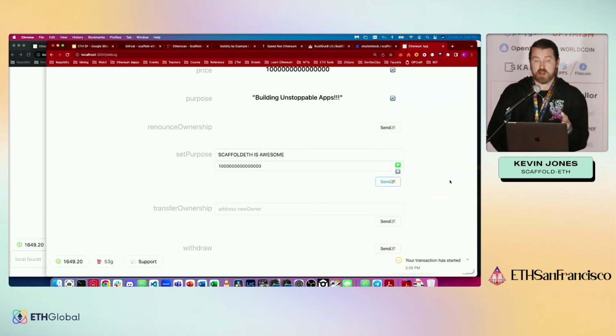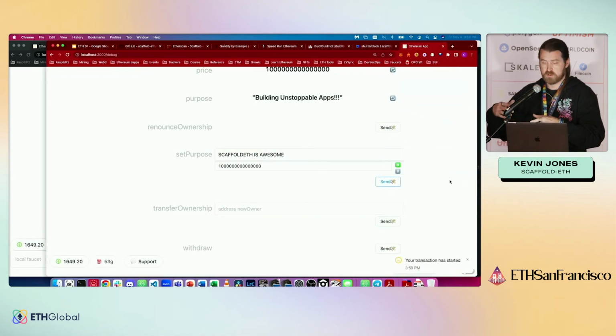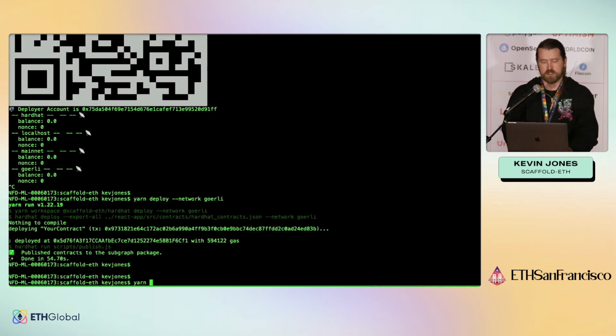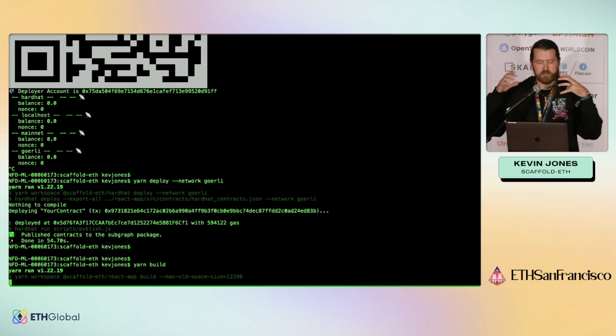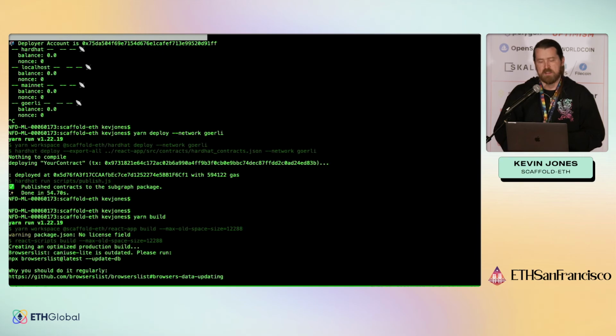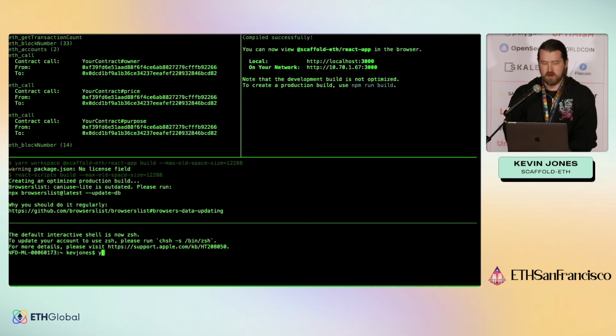And then the next step, I'm running out of time, but the next step would be that you would maybe want to ship your app to some other hosting service, because right now we're running it locally. And you can do that directly through here as well. You can do what's called yarn build, which is going to take a copy of your React app, and it's going to build it and make it optimized. And then you can do a yarn,